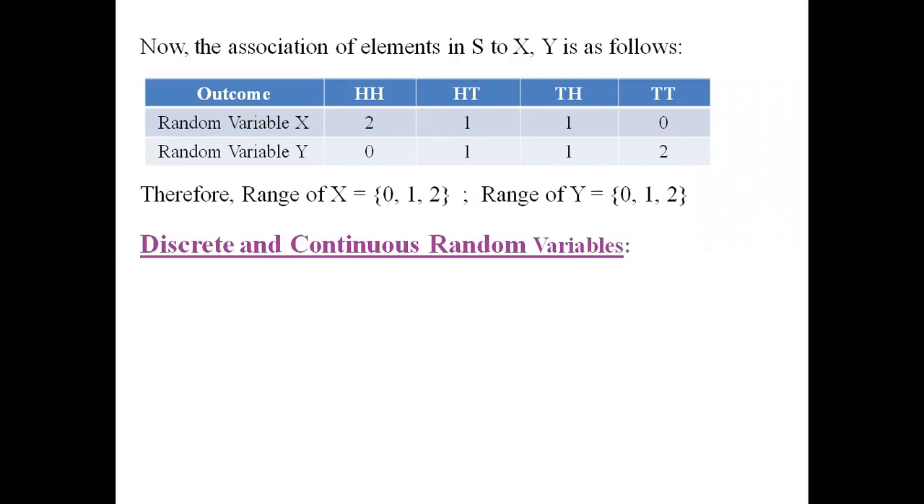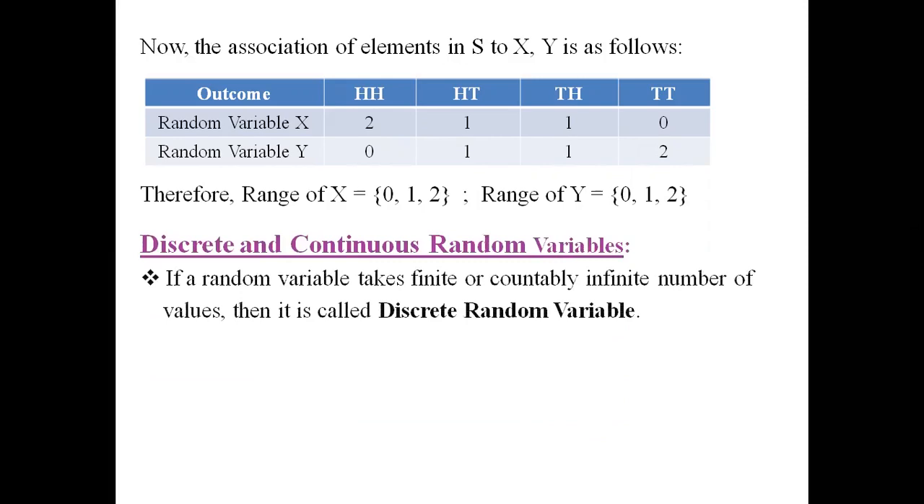Now we will know the definition for discrete and continuous random variables. If a random variable takes finite or countably infinite number of values, then it is called a discrete random variable. So a random variable x, suppose it takes finite or countably infinite number of values. Now countably infinite means a sequence of real numbers. A sequence of real numbers together put can be said as countably infinite. So if the random variable takes finite or countably infinite number of values, then it is said to be discrete